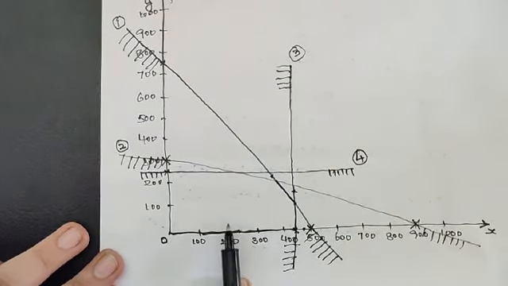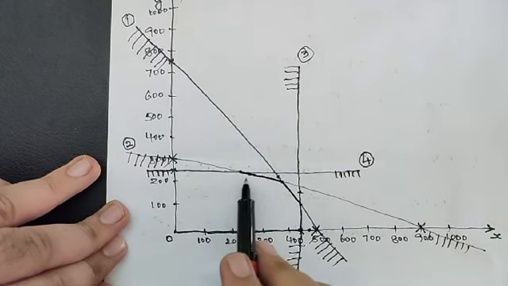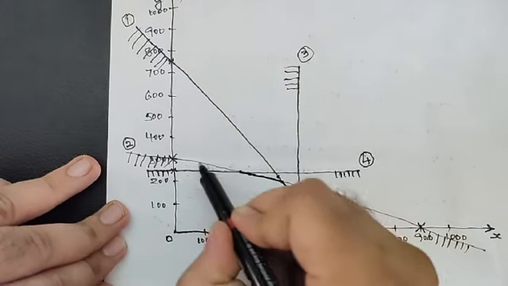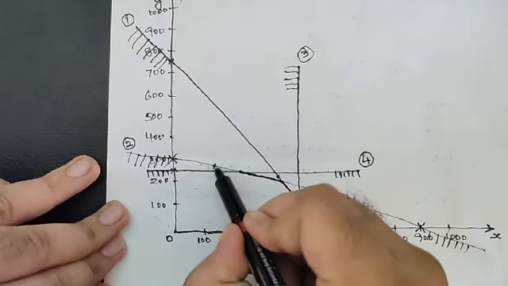So the condition is not satisfied. So I am moving along the path of line 2, right? Next, again I have to decide whether to move along 2 or along 4. If I move along 2, and I take a point here, the point is not below line 4. So I need to travel along the path of line 4.